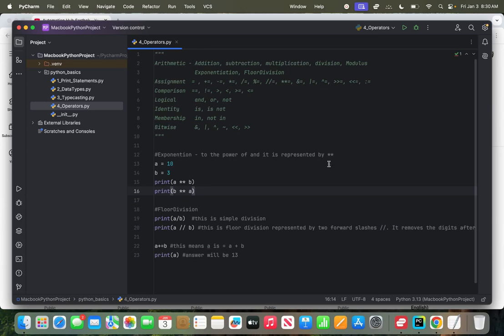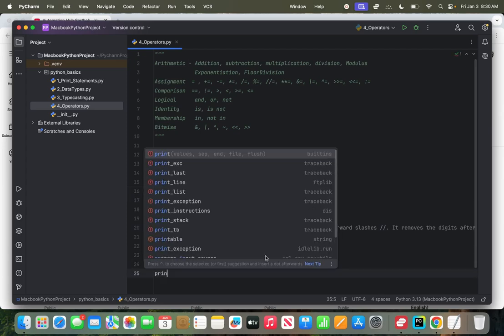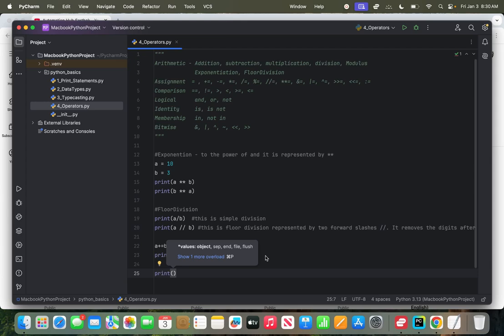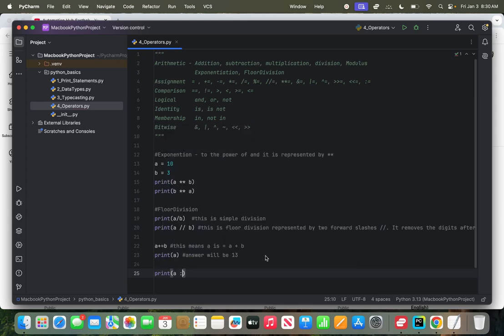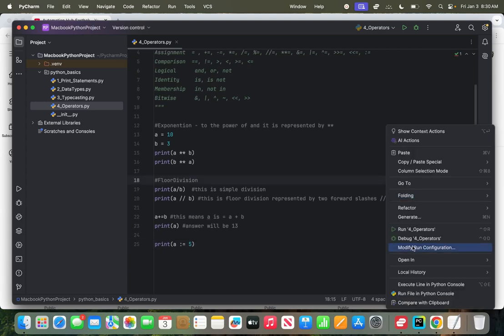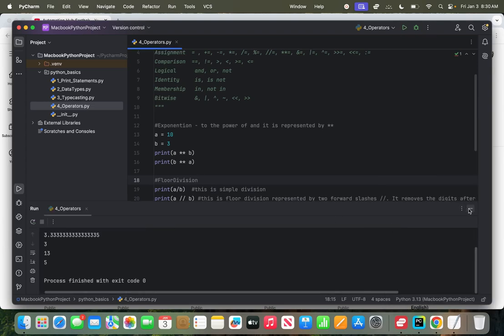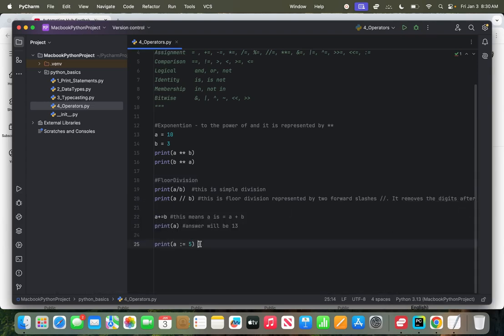Okay, so here if you write print A equals 5. Okay, it will print 5. So this means you are